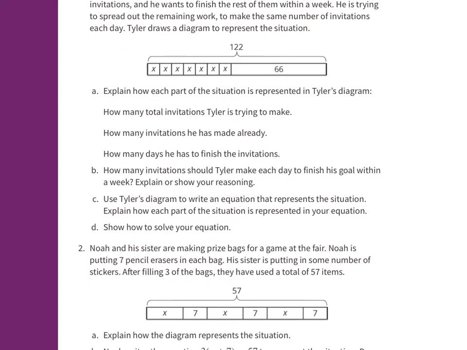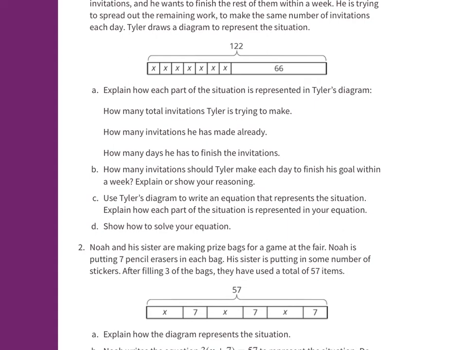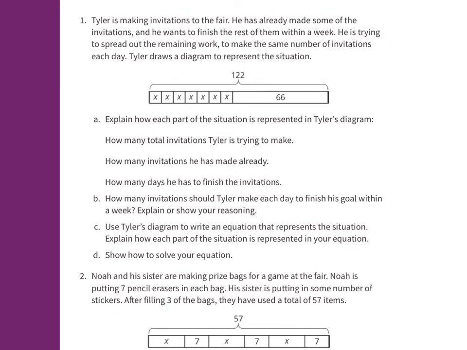So, letter C. Use a diagram to write an equation. If we look here at the diagram, there are 1, 2, 3, 4, 5, 6, 7 x's. So 7 x's plus the 66 more equals the whole amount, 122. So there's my equation. Okay, so to solve this,